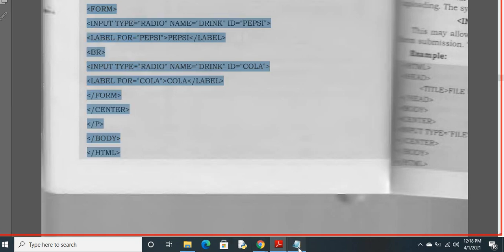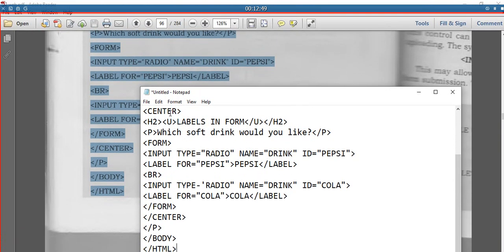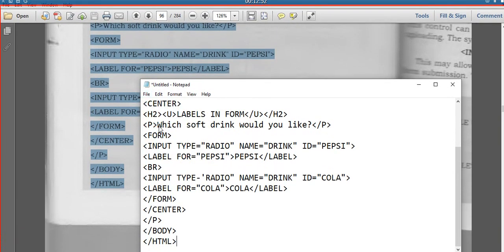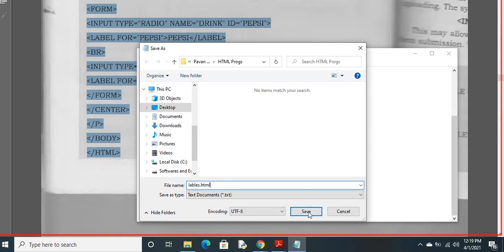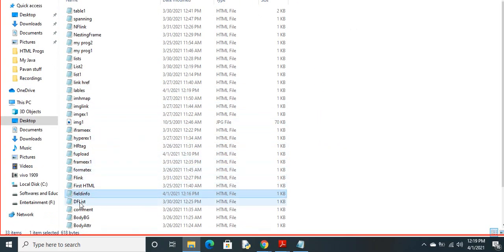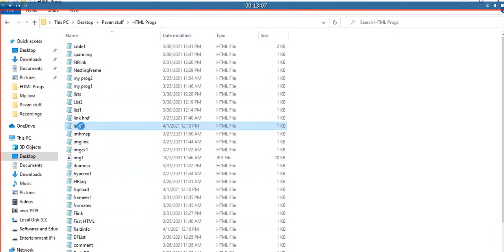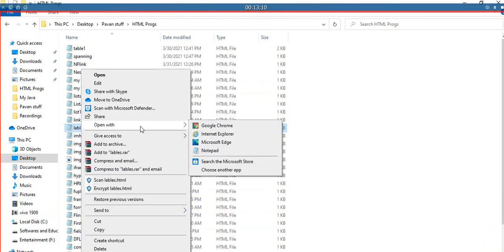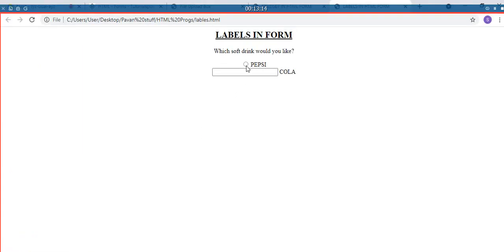Control C, file, new, paste, save, labels.html. Labels, right click, open with browser. It is a label and it is a text box.